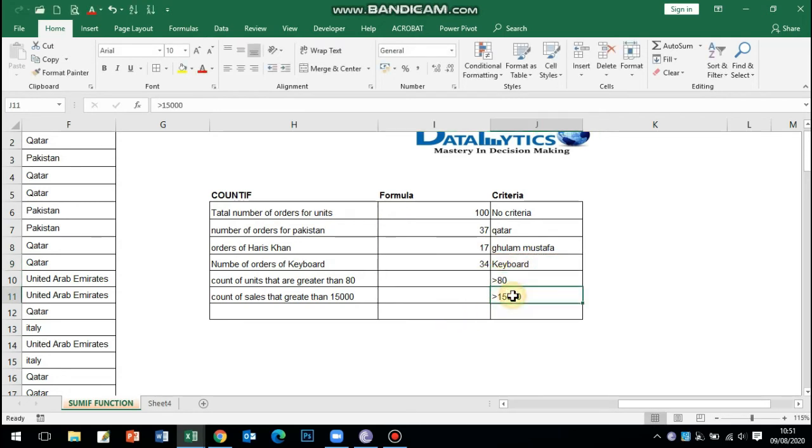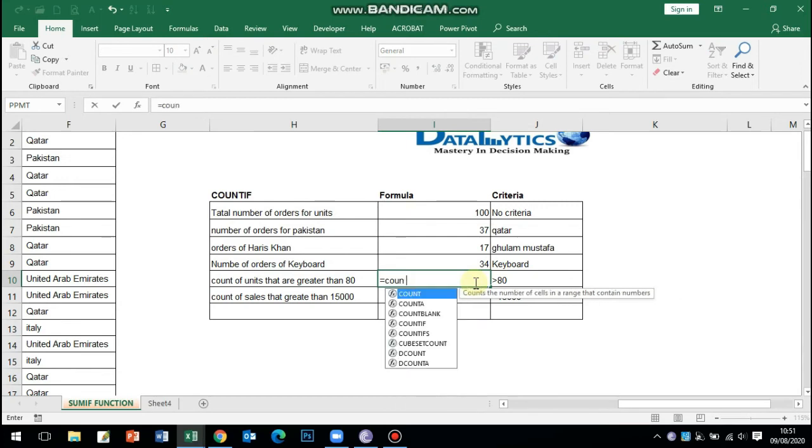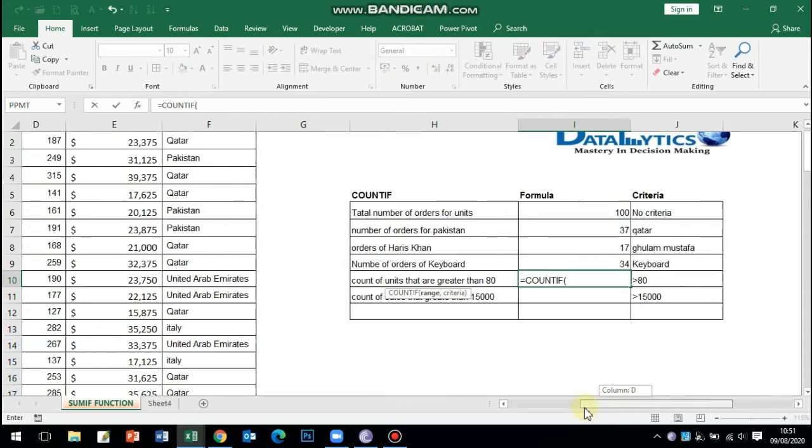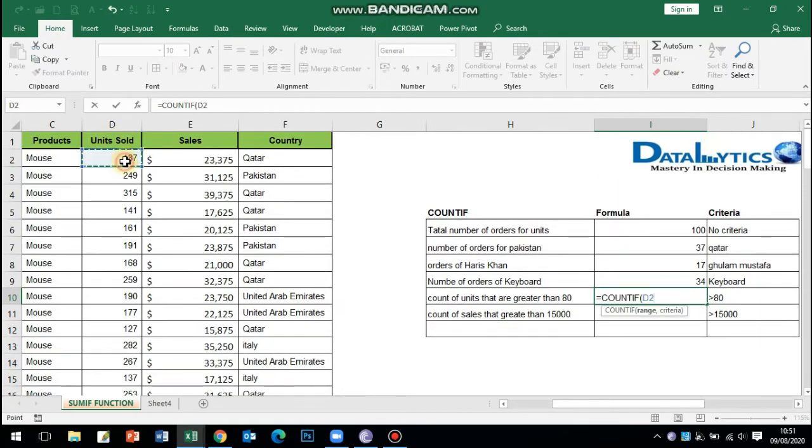In the last two cases, we need to count the units that are greater than 80. In this scenario I will pick the manual entry, because there is a logical operator as well, that I will put into inverted commas. Initially I will start my formula COUNTIF, then I will select my range. In this scenario my range is units.